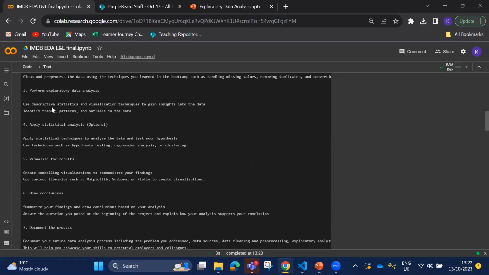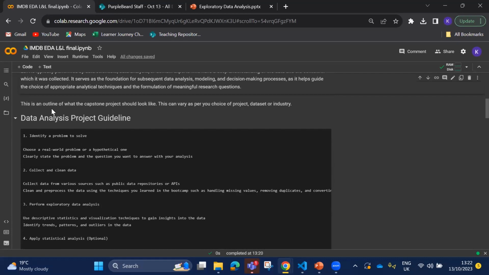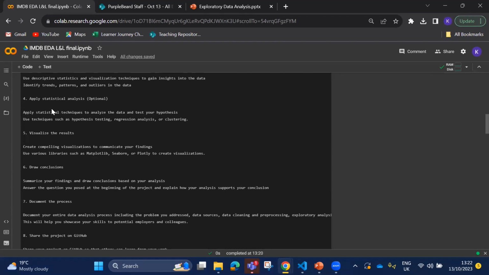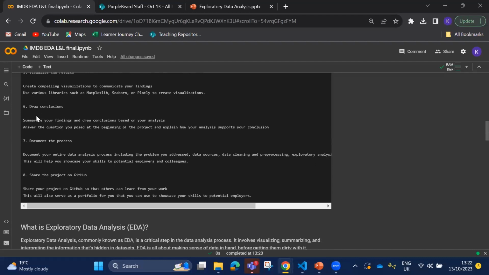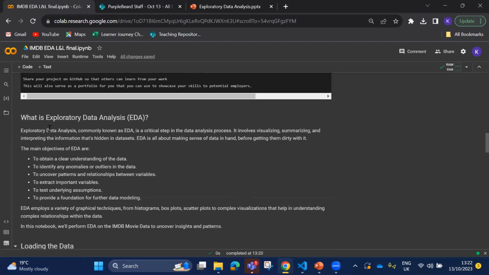Sometimes the data that you have at hand is not the entire data. It may be a sample out of a population. That's when you need to do some hypothesis testing and stuff like that. It won't be a conclusion; you would just be able to hypothesize with the sample, and then you'll have to see if it actually relates with the population. Then we draw a conclusion, and then we document the process, and we can share it